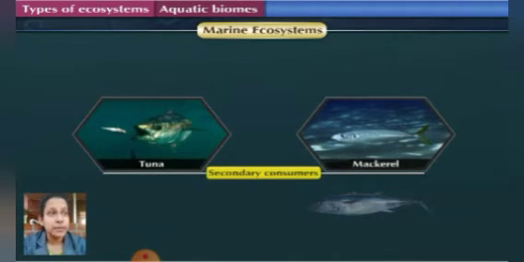So the plants as well as animals are either found on the surface or towards the surface and at the depth of the sea, but in between, in the central part of the water, you will find fewer plants and animals, right? So we have seen now what the types of producers are. Mostly algae are the producers, okay? And primary consumers also we have seen, like small fishes, okay? Secondary consumers are like tuna and mackerel.